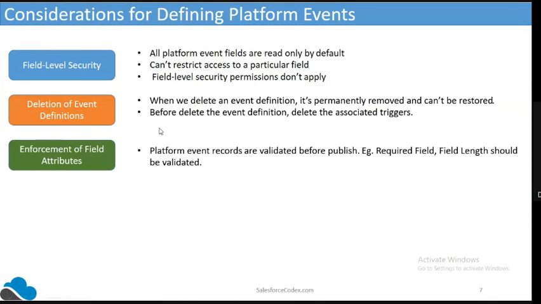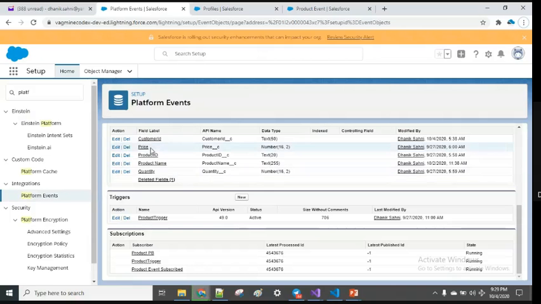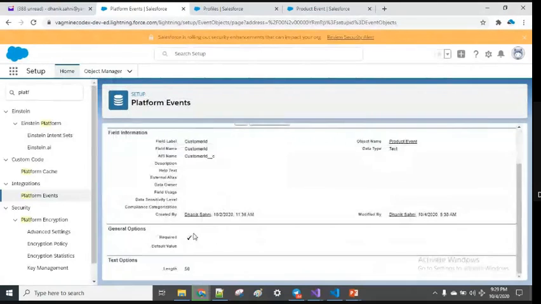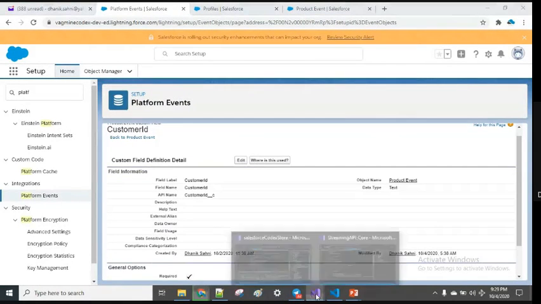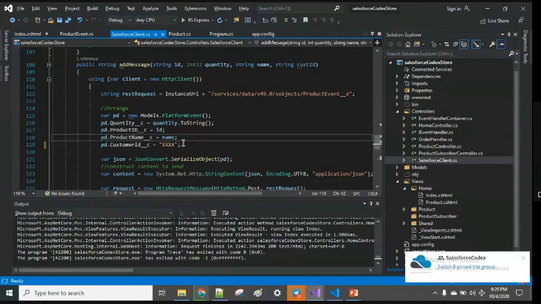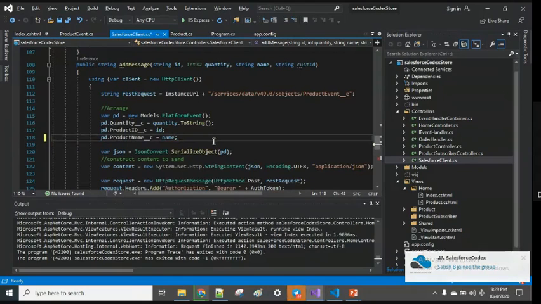Next, enforcement of field attributes. Platform event records are validated before publishing. So if any field you have created in a particular platform event definition is required, and you are not passing that field while publishing the platform event, that message will not be published, and the subscriber will not get the notification. Let me show how this is possible. In the platform event definition, let me put one of the fields as required. It's already required. So let me go to the Apex file and remove this customer ID field,